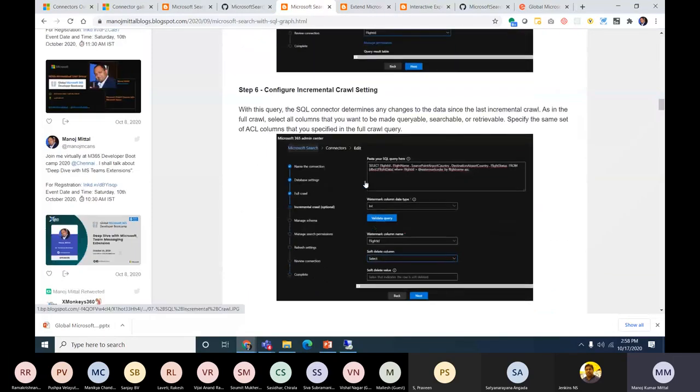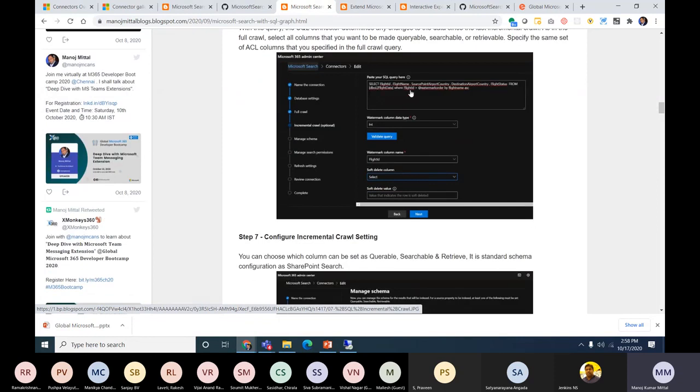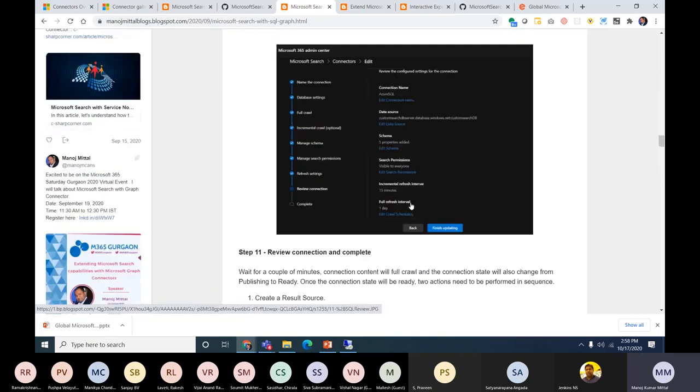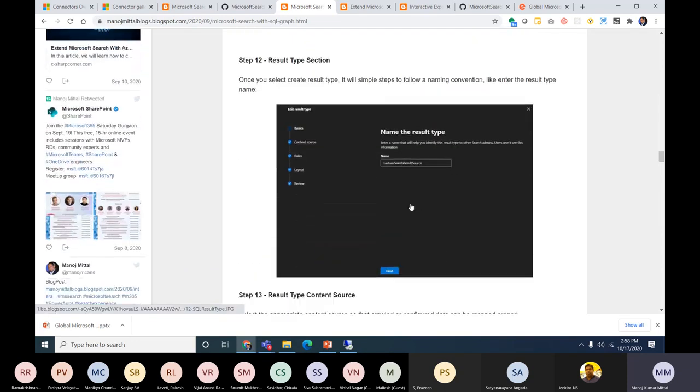The only thing we need to define here is the query. It's not that we can crawl the entire database here. We need to define our query, the select query, into our stored procedure on the SQL, and we can do joins with multiple tables. Whatever query we are using, those results are going to come out and get crawled into the system. This is almost the same, and we can use it with Azure SQL as well as on-premises.